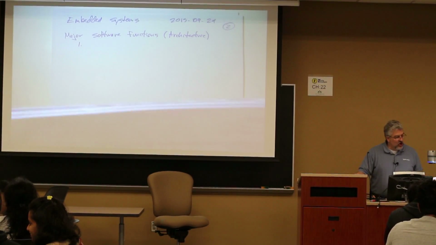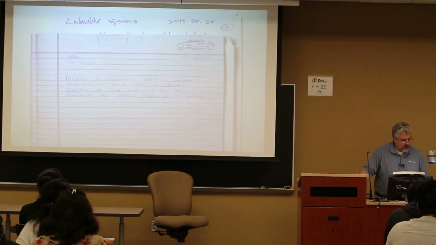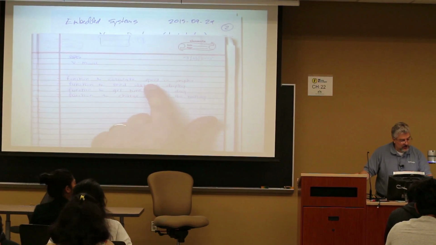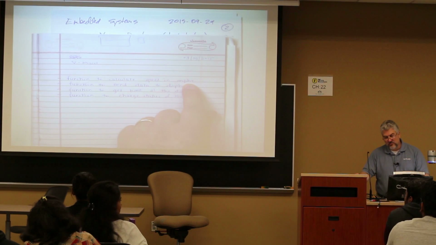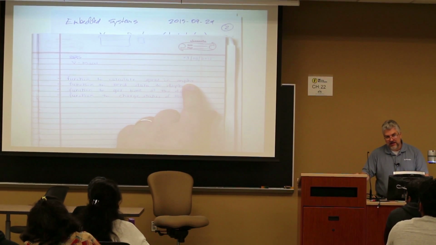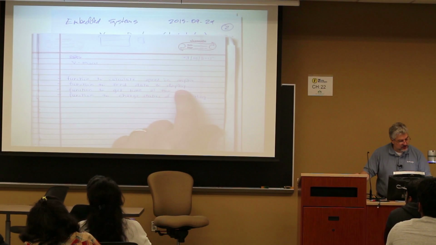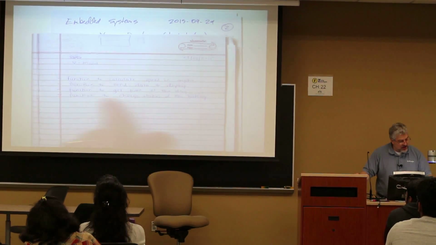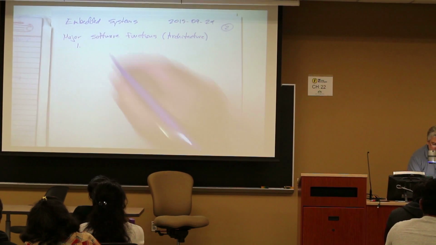All right, so here we go. Here's one group's, look at this. Function to calculate speed in miles per hour. Actually, it would be speed in whatever you have decided it's going to be. Function to send data to display. Time of day, charge status of the battery. So I would go a little bit further. I would say